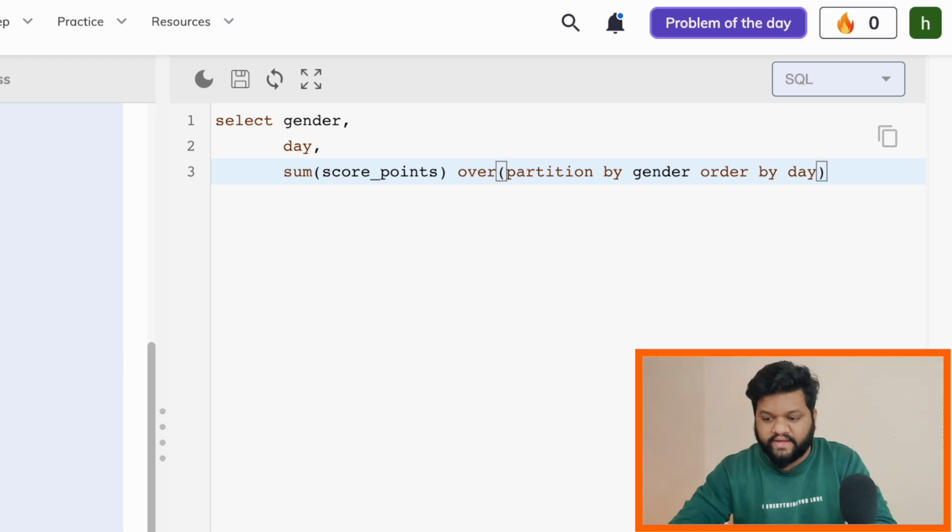By default it will be an ascending order, and we will give an alias name as total